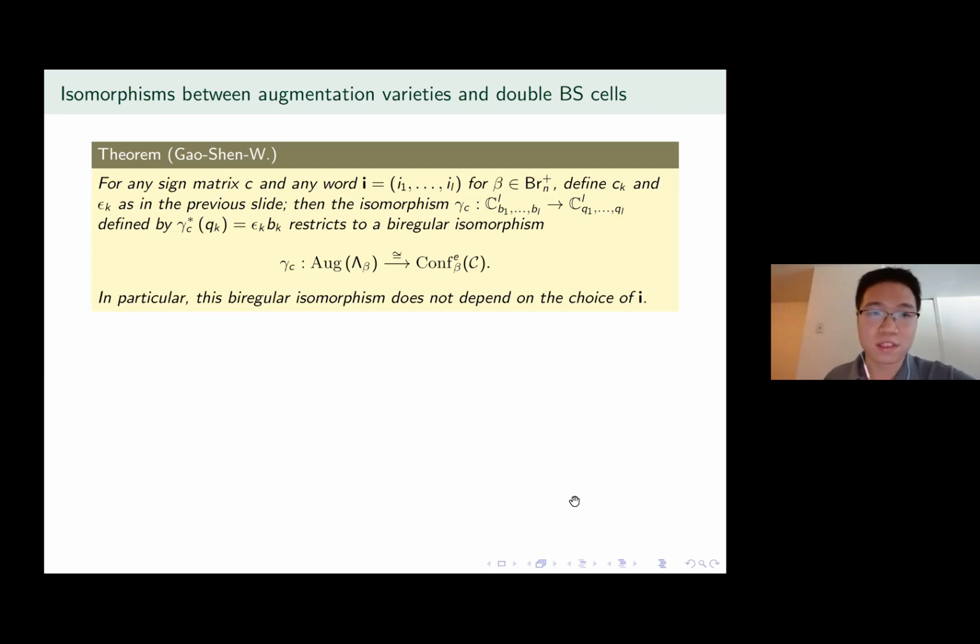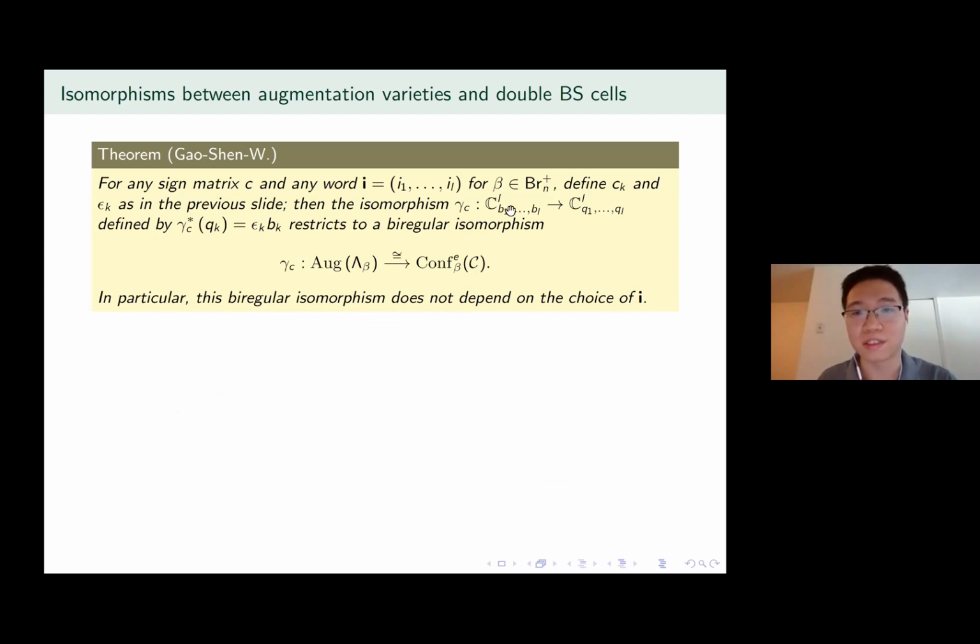All right. So this is our first theorem. So finally we get to our theorem. So our first theorem is the following. For any choice of Sine matrix C and any word, you can define CK and epsilon K as previous. Then you can define an isomorphism between the ambient space,